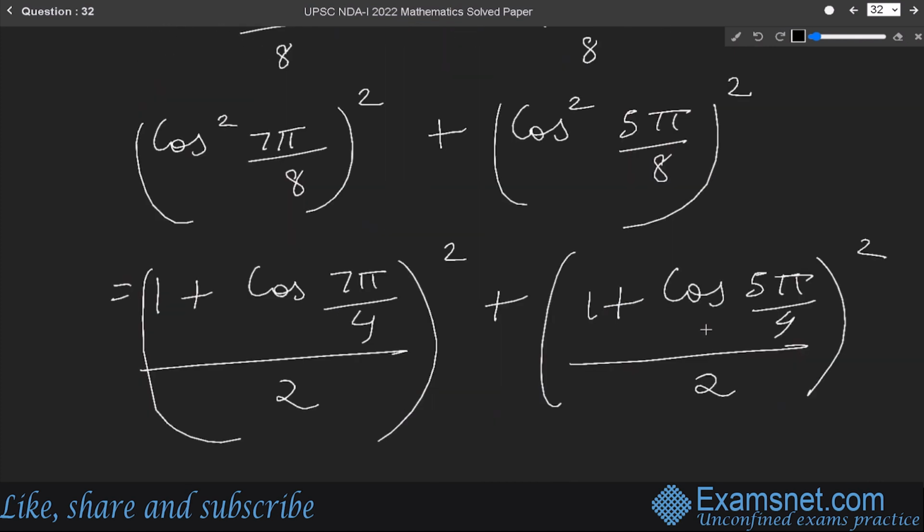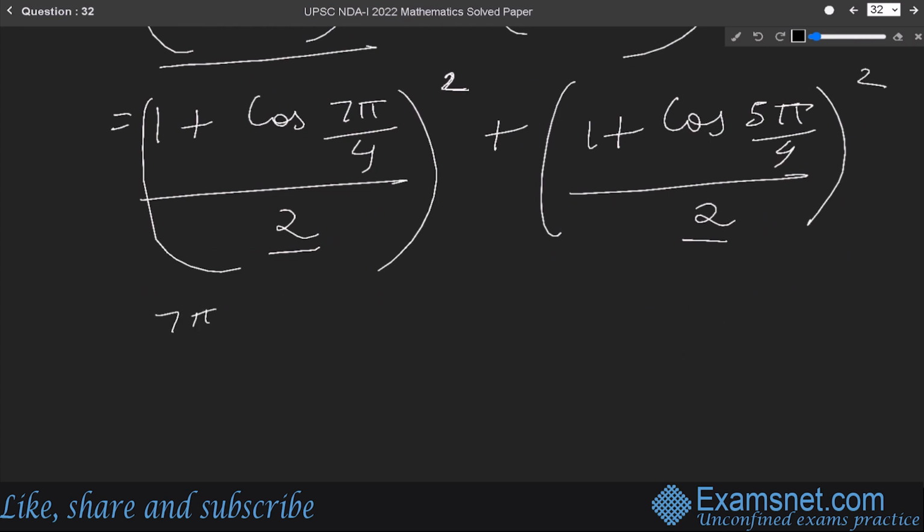So here we have cos square theta, meaning cos square 7 pi by 8, which is equal to (1 plus cos 2 theta) upon 2. Instead of writing 2 theta, I have kept here the square. Similarly, for cos square 5 pi by 8, it will be (1 plus cos 5 pi by 4) upon 2. Now you can see that both the terms have 2 in the denominator. So we can take 1 by 4 common. Also,